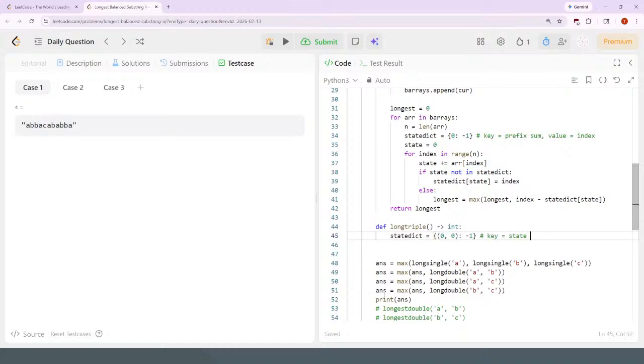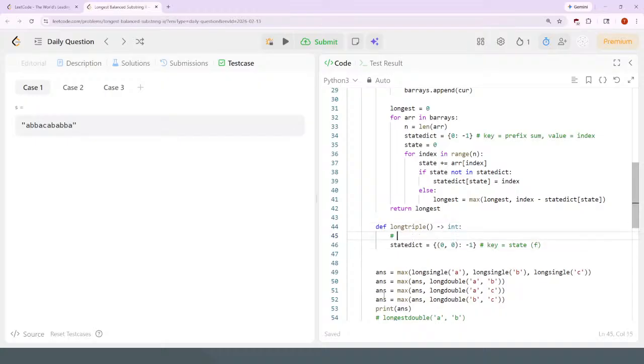Key equals state, where the state is the frequency of A. Okay, I'll say here key is equal to state, which is the tuple that is frequency A minus frequency B, comma frequency B minus frequency C, and the value is the index, the first index where that state occurs. And then I'll go count. I'll say frequency A equals frequency B equals frequency C equals 0